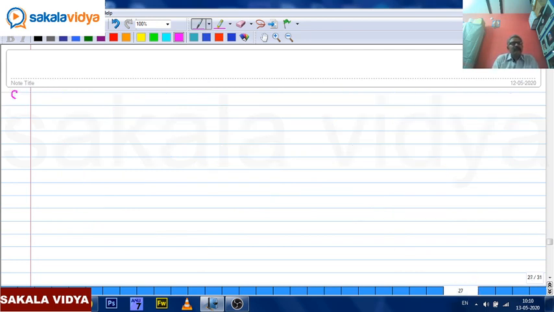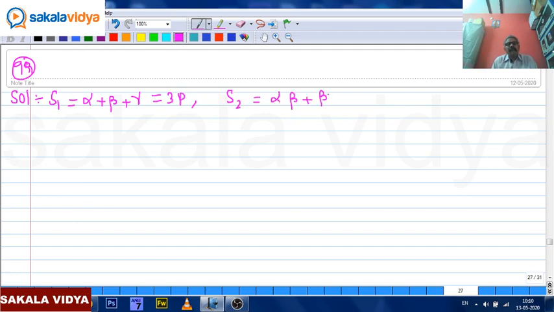Here, solution 99. Tell me what is alpha plus beta plus gamma? That is S1, equal to 3p. Next S2, alpha beta plus beta gamma plus gamma alpha, is 3q. S3, alpha beta gamma, is equal to 1. First you find out